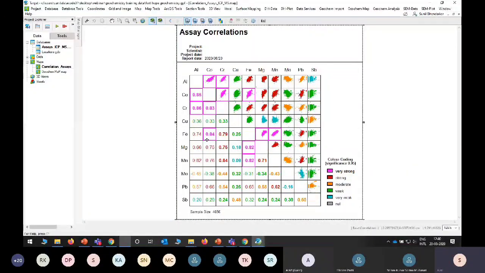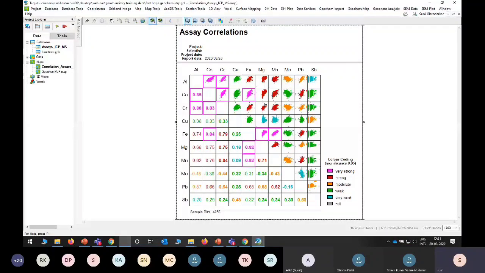You can see the percentage of their correlation with respect to Mg. So if I start with Al, cobalt, and chromium, you can visualize that percentage, and you can see the graph also, that is the scatter plot basically. How the element is variable within your area, that also you can easily point out. So this is the assay correlation basically.